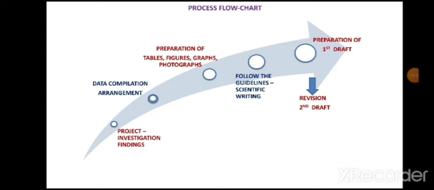There will be suggestions and comments from the guide. Accordingly, you go back and make the corrections, and you come up with the second draft, which will be called a revised draft. There may be several revisions of this draft, and finally you come up with the final report. I'll be telling you today how to prepare this final report.